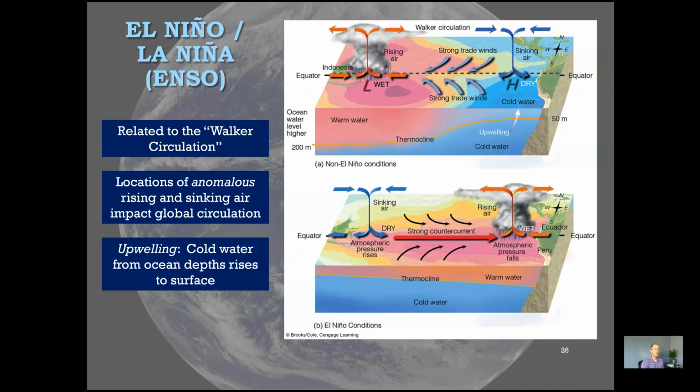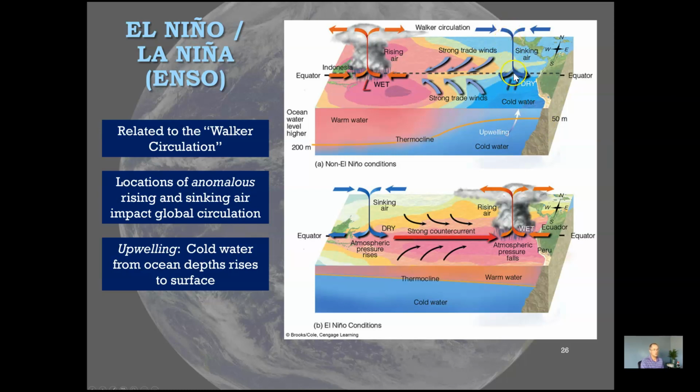And so on the last slide, I referred to this idea of the Walker circulation. The Walker circulation is not completely unlike things such as your Hadley cell and your Ferrel cell, but here you can see it is a circulation that is happening at the equator. So instead of starting at the equator and working up towards the poles, here we have a circulation that's occurring near the equator. And so in non-El Nino conditions, cold water off the South American coastline, this cold water is